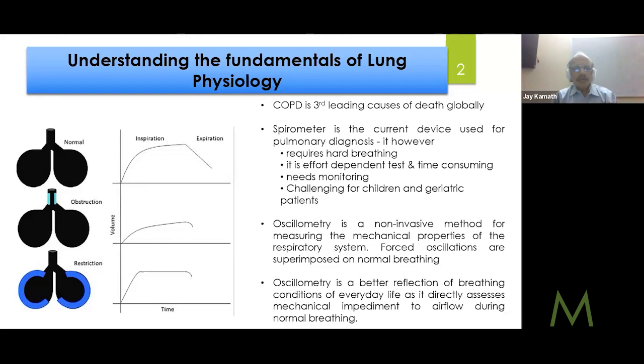So, here is the technology, oscillometry, which is used for the same purpose, lung function diagnosis. It's a non-invasive technique. It does the mechanical analysis of the respiratory system. What happens in oscillometry is it directly reflects the condition of the airways, because the way it works is